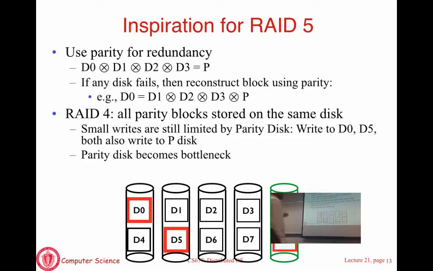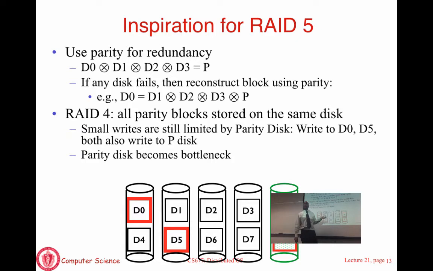You can make this parity group bigger. You can say 10 disks are protected by one parity disk. In that case, you're only using 1/10 of your storage capacity for redundant information. You can change whatever size you think is appropriate for your system for protecting this. So this is RAID 4, where there's a special parity disk, and the only difference between RAID 4 and RAID 5 is that in RAID 5